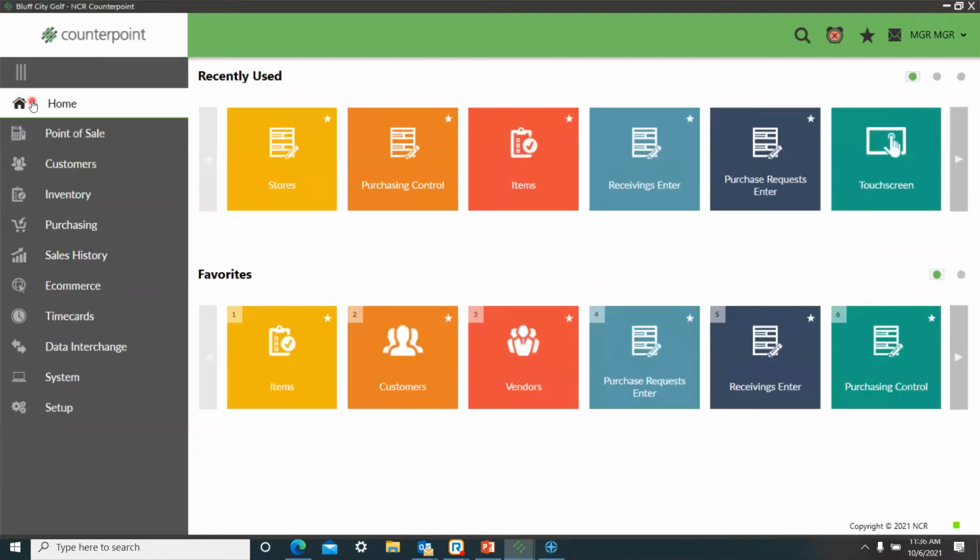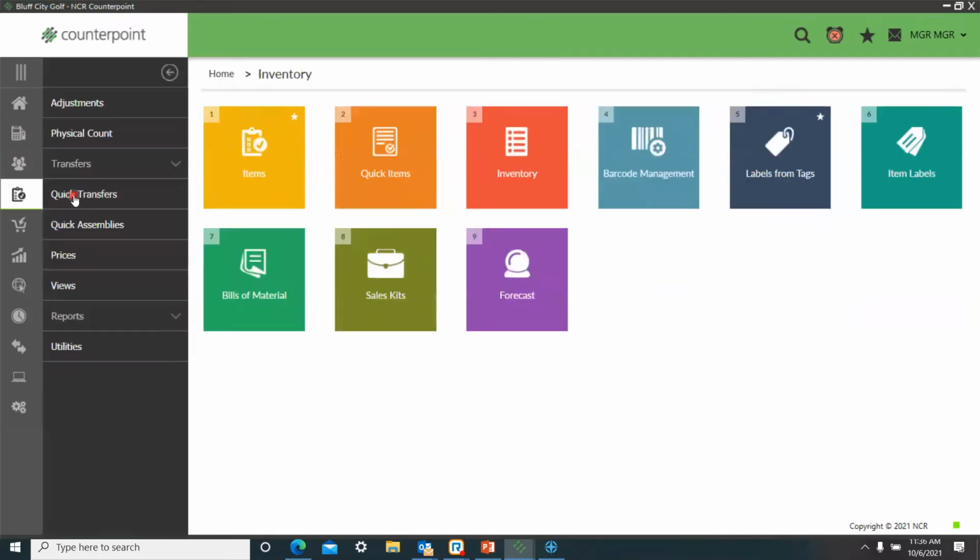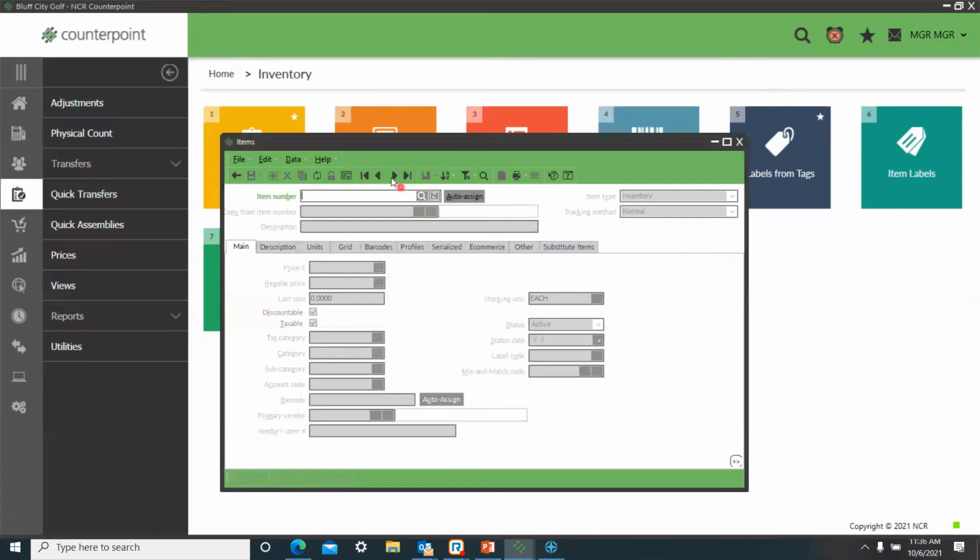The next thing I want to talk about, I think, is something that's overlooked, and that's the vendor item number, which is the vendor's catalog number on your item record. I'd like to talk a little bit about it because there's some misconceptions about it, but there's a strength to it as well. So your vendor item number,